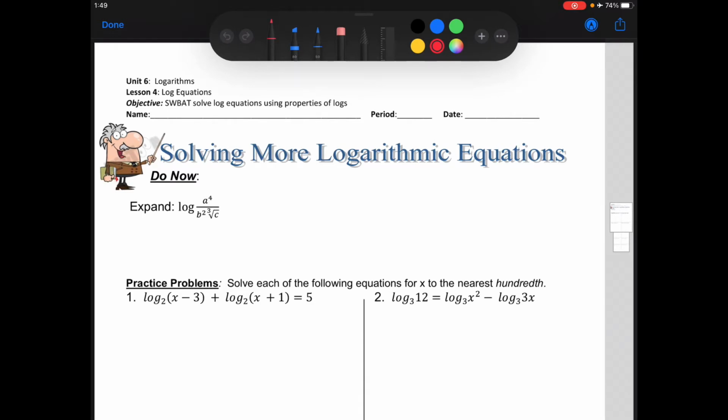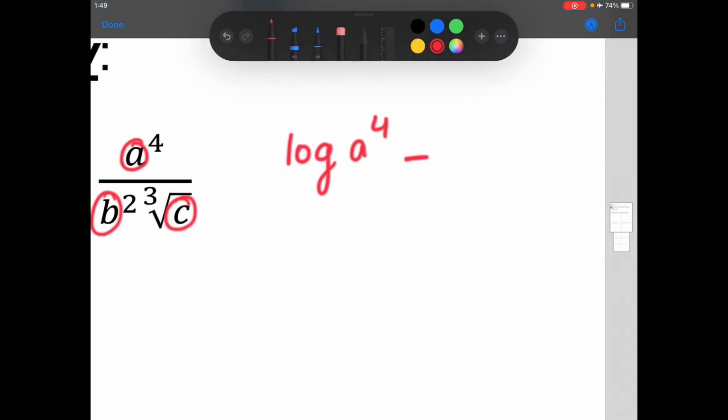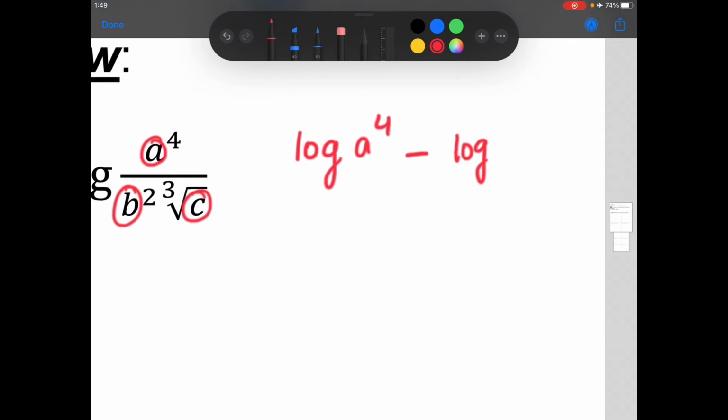So the do now says expand and it's giving you this log. When you're expanding, just count your variables. There are 3 variables, so you're going to have 3 log terms. I'm going to write log with each one of them, a to the 4th. And remember, when it's division, it's subtraction. So log b squared, and I'm going to put this in parentheses because this was all in the denominator. Plus, there's multiplication between the two. So log